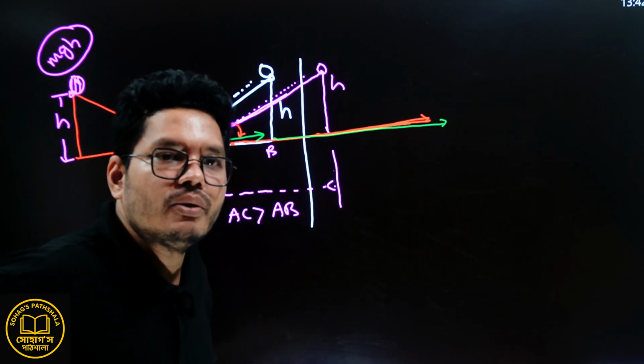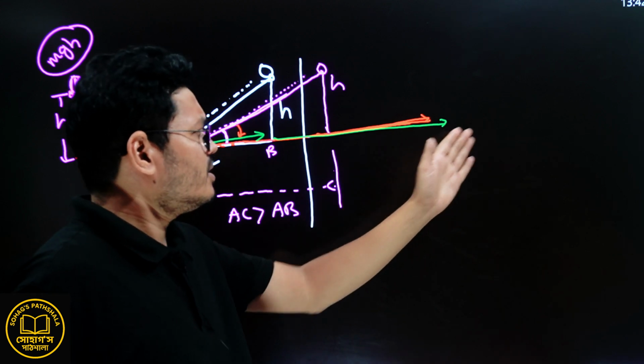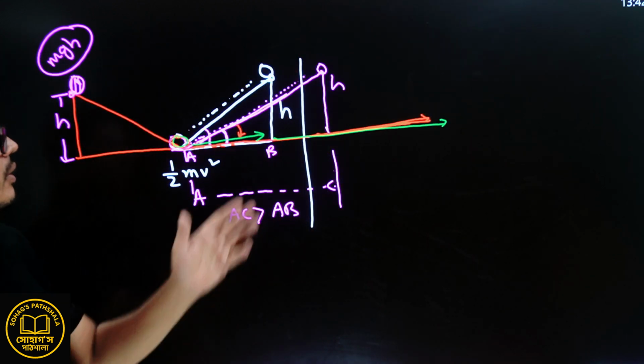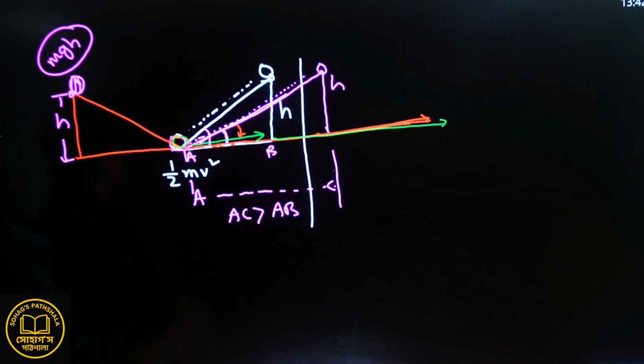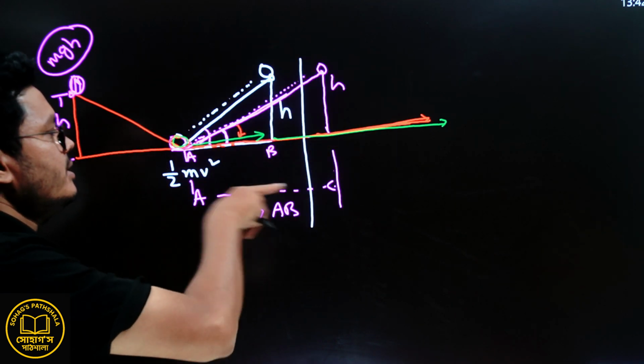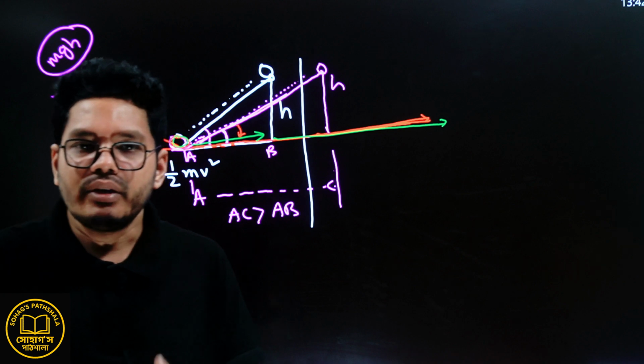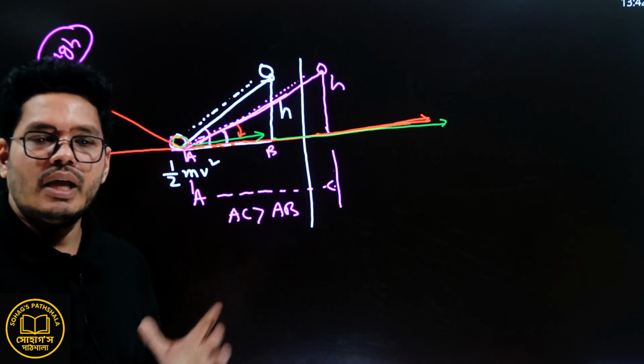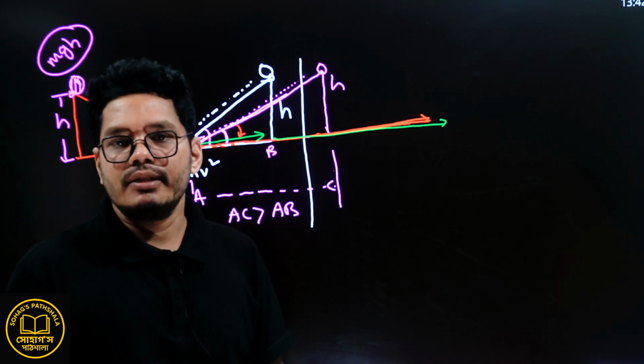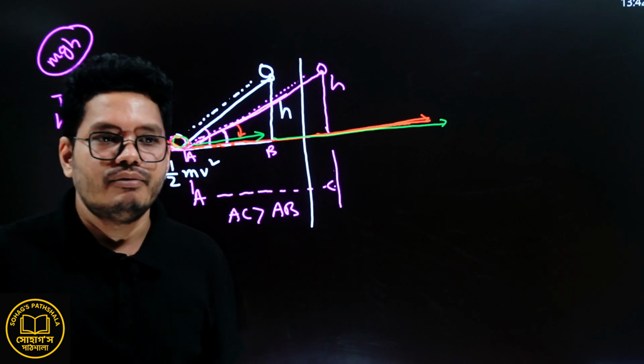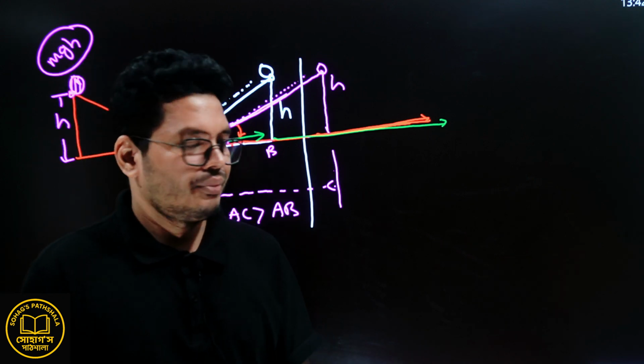That means it will always keep running, because there is no inclined surface. There is no A side. So as there is no A side, it will keep running. So that's what we can get some idea from this: if there is a frictionless surface, there is no force applied, the velocity will be the same. Anyway,